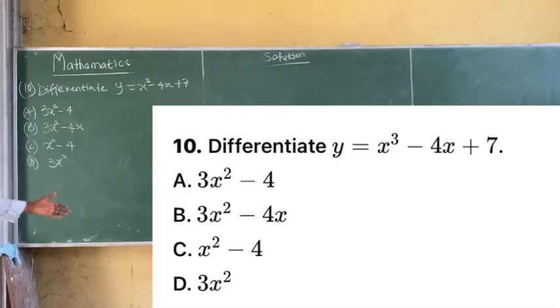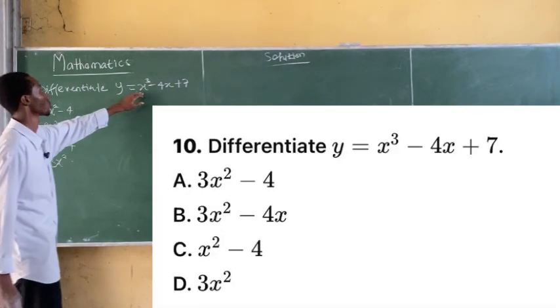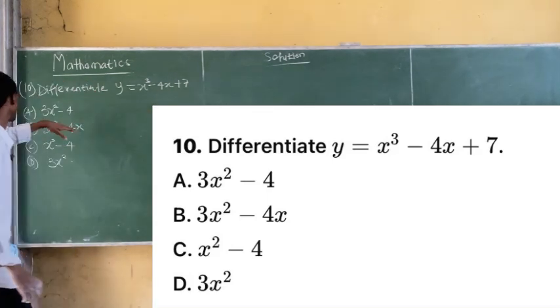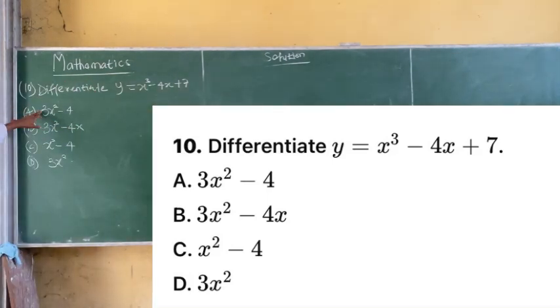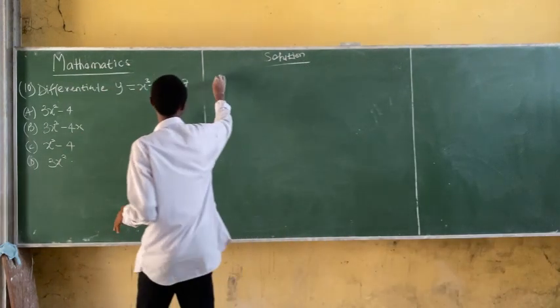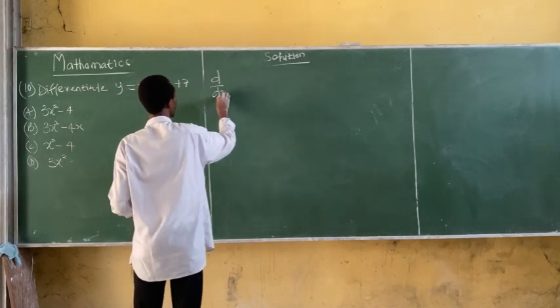Question 10 says differentiate y is equal to 3x cubed minus 4x plus 7. Option A, we have 3x squared minus 4. Option B, we have 3x squared minus 4x. Option C, we have x squared minus 4. And option D, we have 3x squared. Now, this equation, to differentiate it, we need to do it singly. We have d over dx for